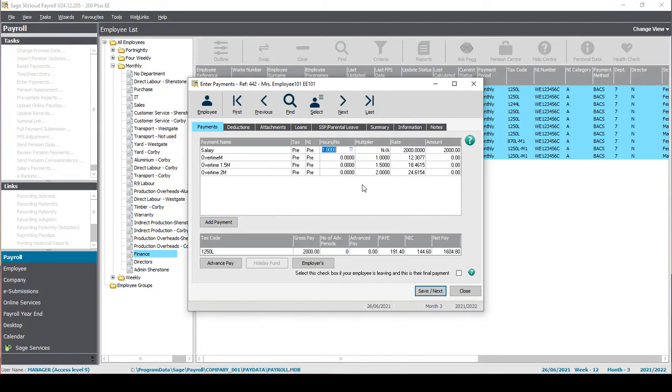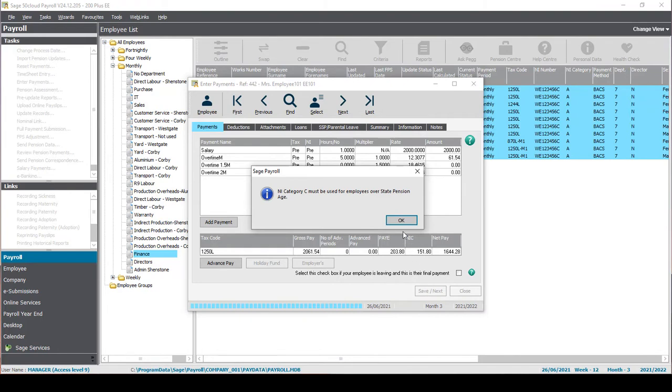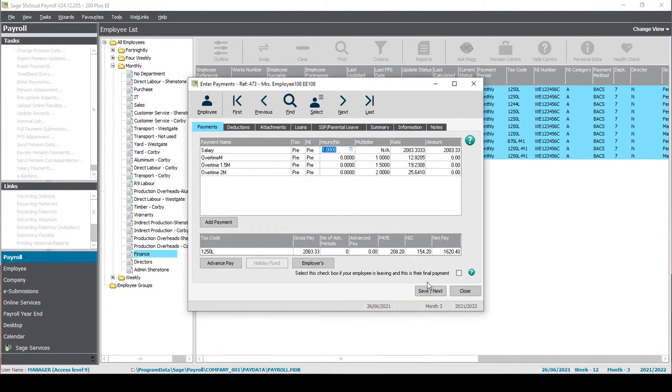For this employee, they did do 5 hours overtime. So we just put 5 hours in the hours and numbers box, and that will automatically calculate the correct amount of $61.54 for overtime and automatically add that to the gross pay and work out the deductions. We save and next and add on more overtime to employee 111. Save and next again until we get to the employee 192, and we need to put on some expenses. So we put in one lot of £20 expenses they are receiving back,